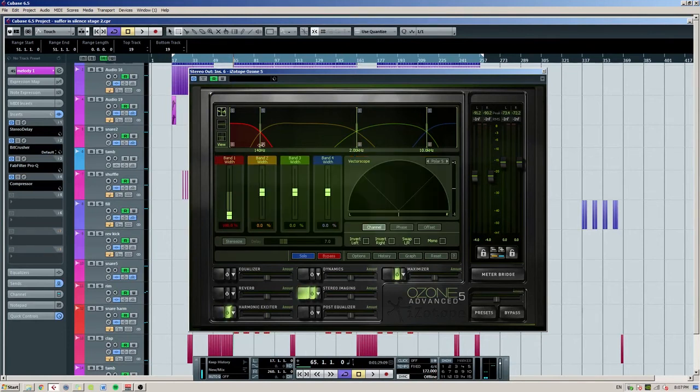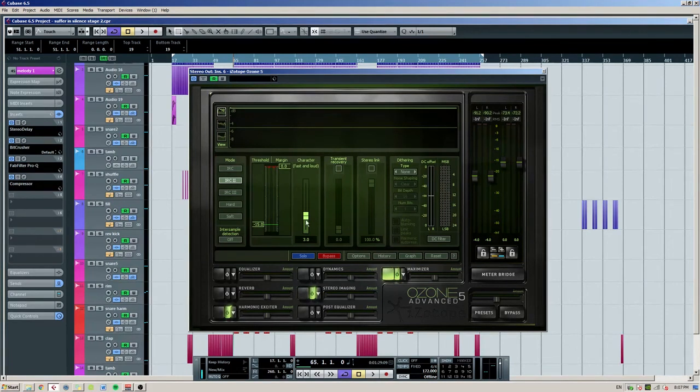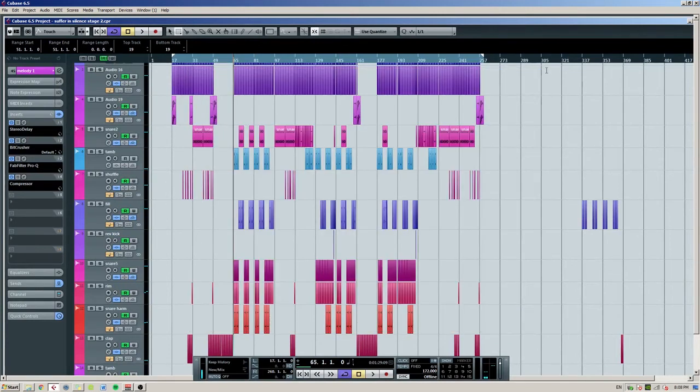I'm doing a straight mono down of everything under 140 Hertz, and then I'll limit. Here this is actually limited quite hard because there's quite a bit of headroom in this track, so to make it up it's been limited quite hard to get it up to standardized level, I guess. And no